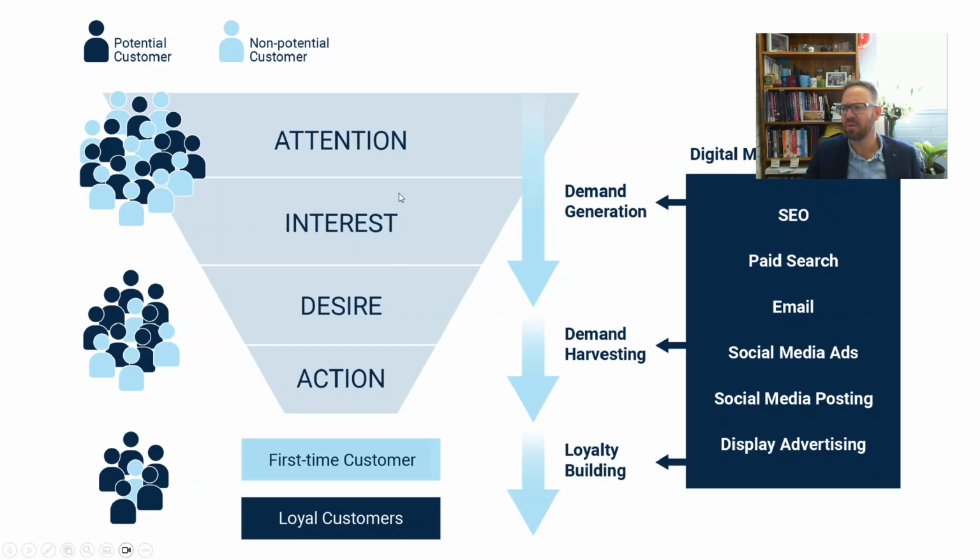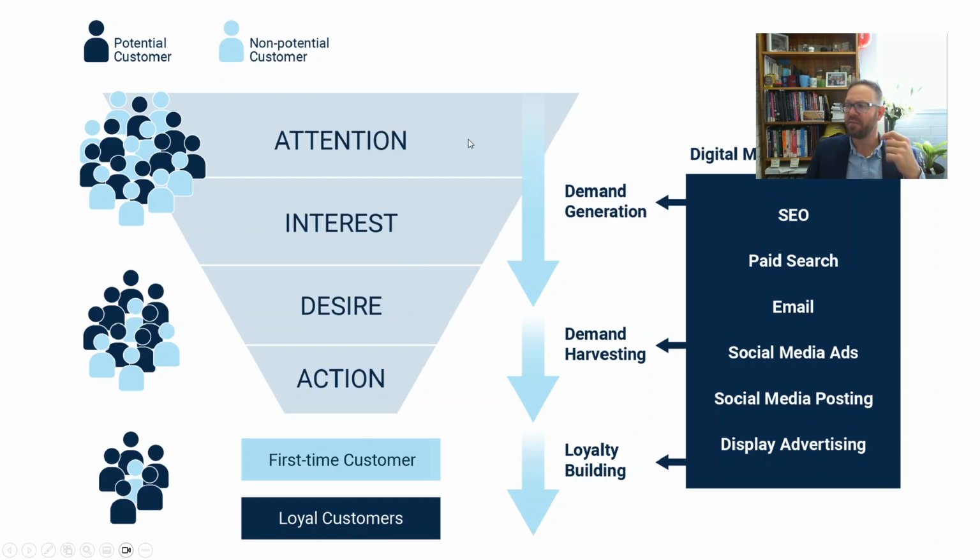Right, so we've got this model, the AIDA model. We've been working with this for a while. So we've got attention, interest, desire, action. And once the ad catches their attention, generates their interest, they see the benefits compared to the costs. So they actually desire that product, they want to purchase it, and then they actually go through the process and buy it and become a first-time customer. Then we want to keep them and change them to loyal customers, so they repurchase again.